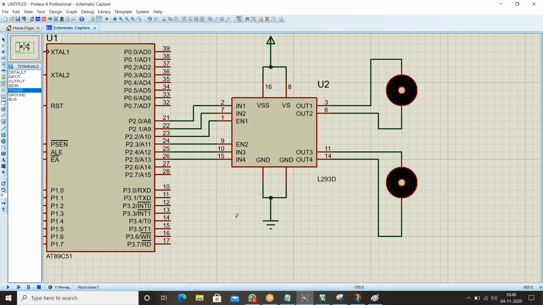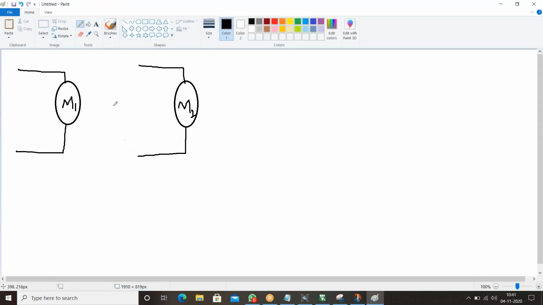Okay, fine. If you are done with this hardware part, I'll open the paint. Fine. Yes, this is motor 1 and this is motor 2. Obviously this is the positive terminal, this is the negative terminal, this is the positive terminal, and this is the negative terminal.